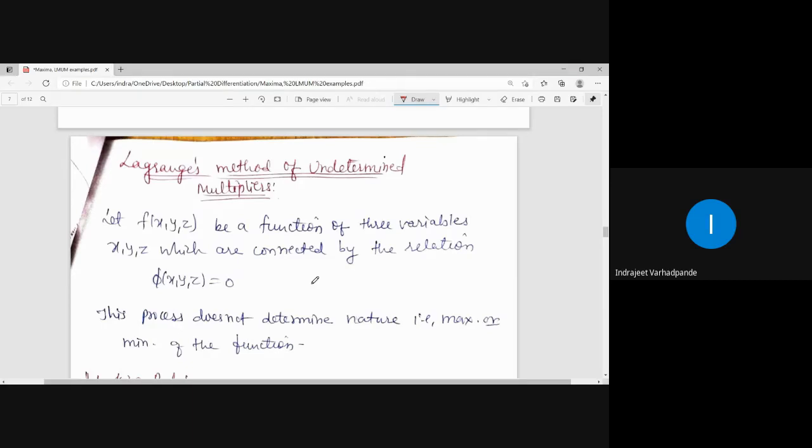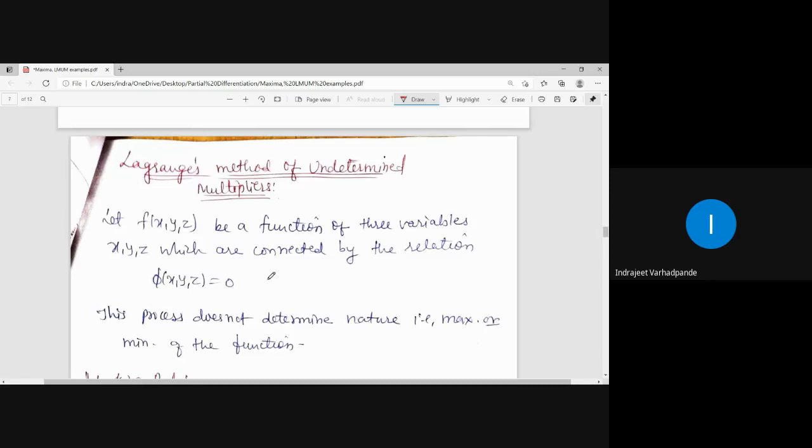So in this question, how do we identify that Lagrange's method is to be applied? If it is mentioned in the example, well and good. If it is not mentioned in the example, I have to check from the given question. I have to read it thoroughly and see that a certain additional condition or equation of a surface is provided, which can be equated to 0 apart from the function which is to be shown maximum or minimum, right?